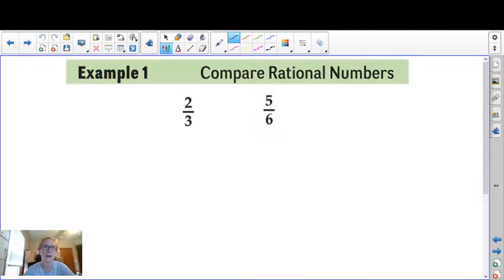So we notice that I have fractions. Oh no, fractions! Scary! We can do it. What we're going to do first is we're going to try and get a common denominator to compare about them. Reason being is,